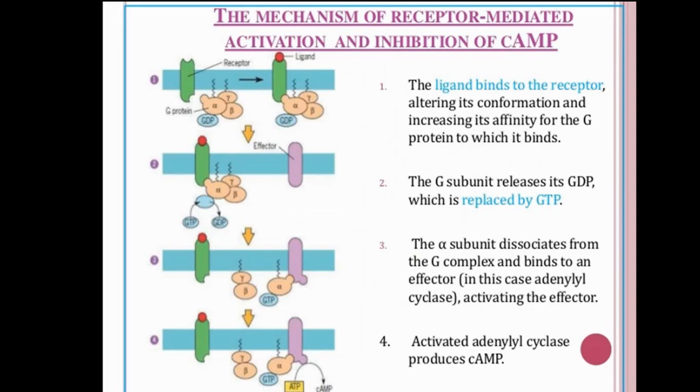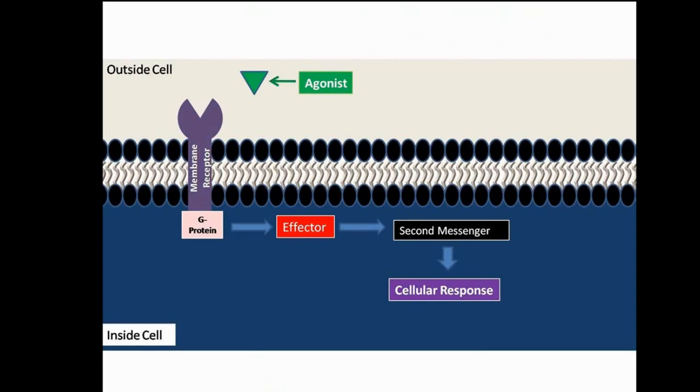This schematic also shows the same in another format. This is a very simple schematic showing the same phases. Here green color showing agonist, which attached to membrane bound receptors, which further activates G protein. G protein sensitizes effector. Effector produces second messengers and second messenger causes cell response intracellularly.